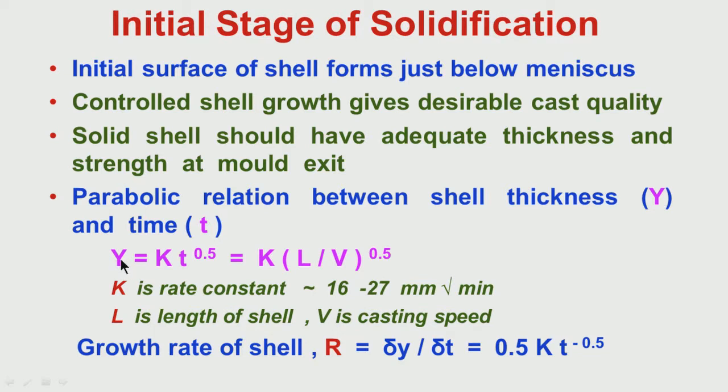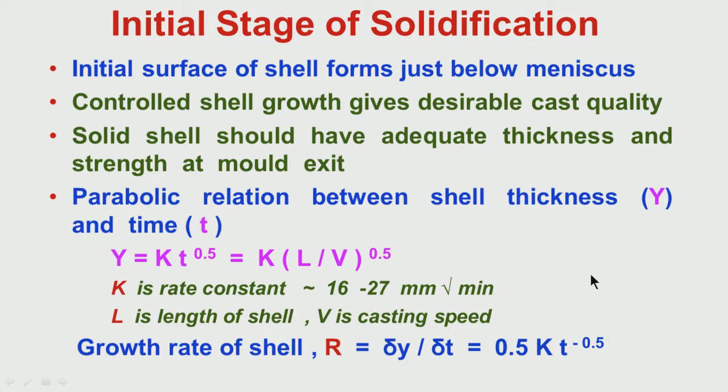I have mentioned that the thickness of the solid shell depends on the local solidification time, and time is the length of the shell divided by velocity. So, it is related to the casting velocity also. As I was telling you, if you have a high casting speed, y will be less. So, this is important, we cannot go to very high casting speed, we have to operate within a higher limit of casting speed,